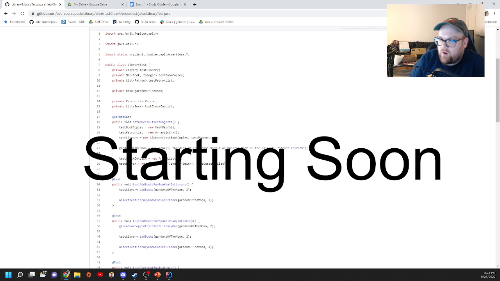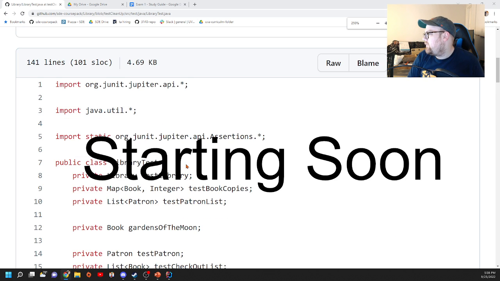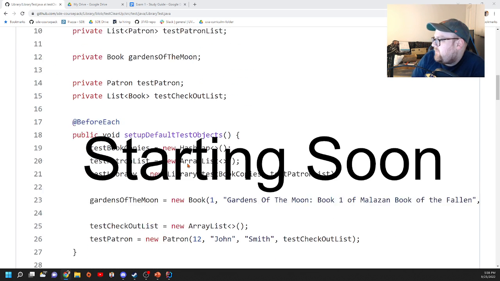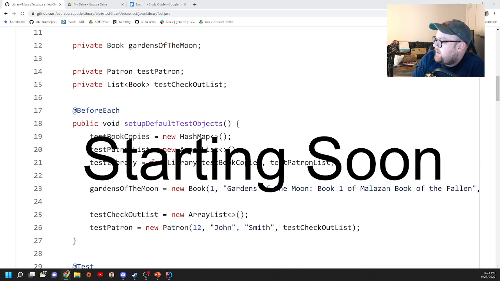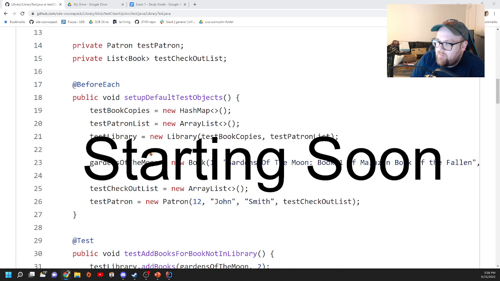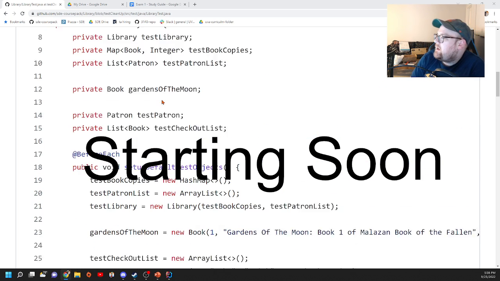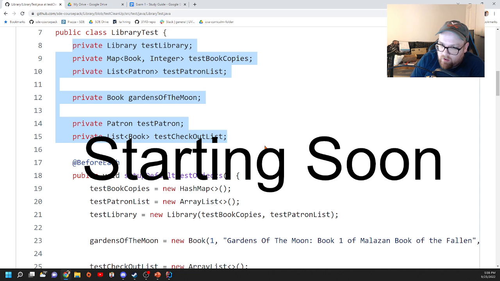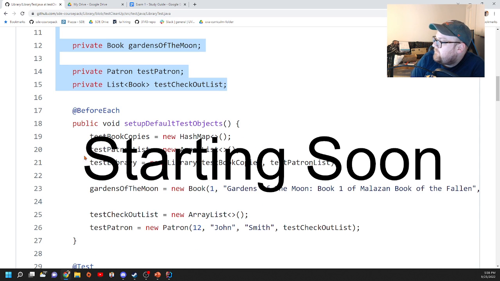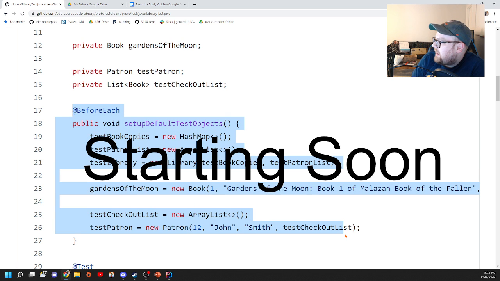So, talking about what before each does. This question is, what does before each do? Let me go ahead and zoom in. The idea is when I am testing, I'm often going to find that I'm setting up the same objects over and over in each test. And so rather than set up every single object for every single test, I can define my objects as instance variables, and then I use this before each and I initialize the objects here. And what advantage that gives is that